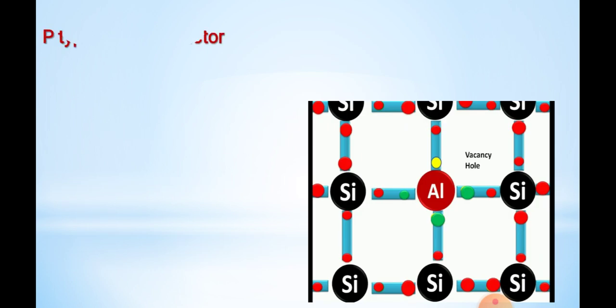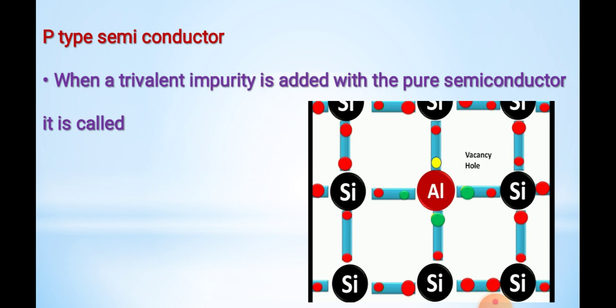To study this, first you should know the definition of the P-type semiconductor. To form a P-type semiconductor, some impurity should be added to the pure semiconductor. The P-type semiconductor is also an extrinsic semiconductor. Extrinsic means impure, so we have to add impurity to the pure semiconductor. You can see this diagram. In this we have a silicon atom, Si. With this silicon, aluminium is added. So here this aluminium is an impurity.